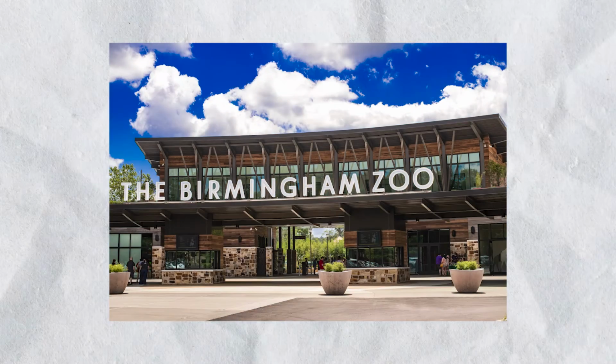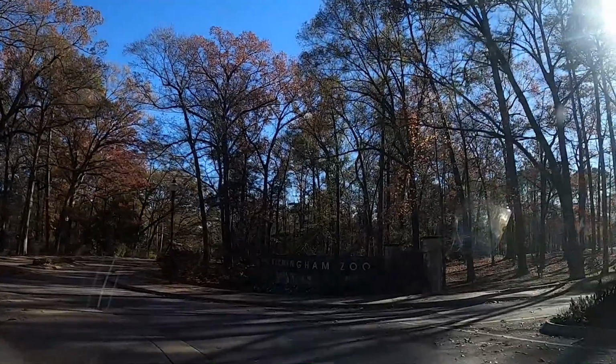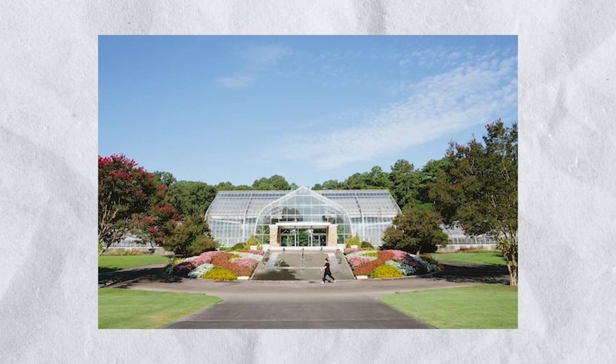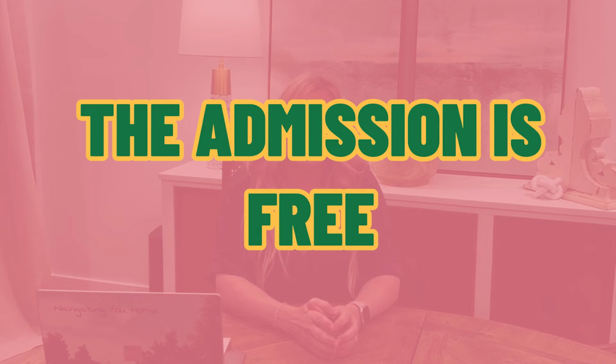amenities within its grounds. And then on the borders of Mountain Brook are Birmingham Zoo, which is a phenomenal zoo, very well developed, very well loved. And you also have the botanical gardens. Now, the botanical gardens are pretty much open year-round and at free admission. So a lot of people will go there on a Sunday afternoon to walk through and enjoy. So Birmingham Zoo, botanical gardens, those are very popular for people that live in Alabama to visit, and they border